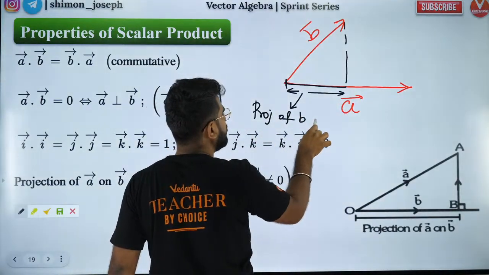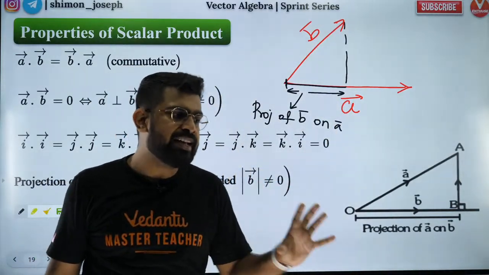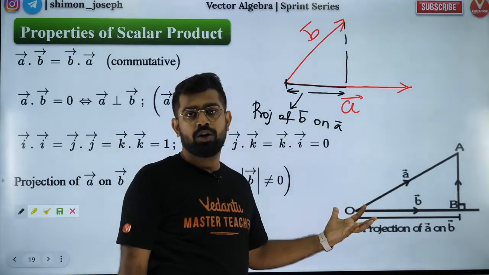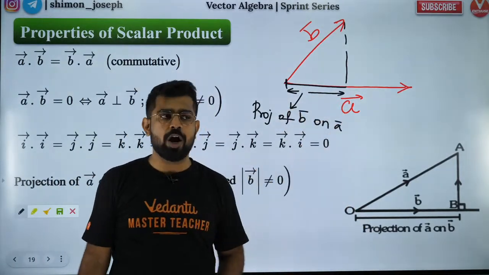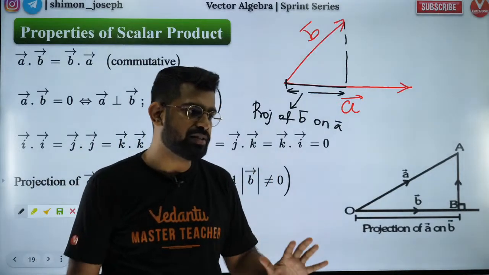this is called the projection of B on A. Did you guys like it? First, let's get the meaning correct. Then we will find out the value or length of projection. Got it? Did you all enjoy it? Are you all able to understand this?